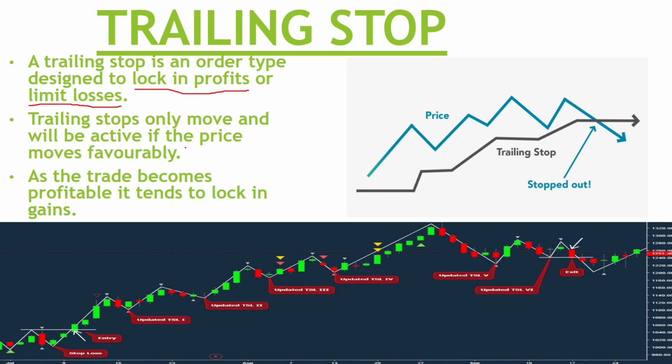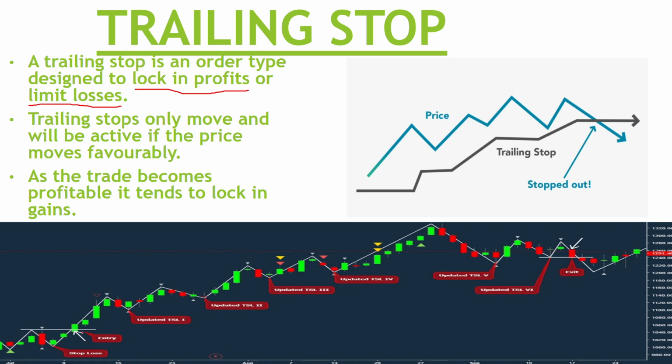It only moves and it will be activated if the price moves favorably. So if the price moves in your favor, the trailing stop will be activated. As the trade becomes profitable, it tends to lock in profit and to lock in gains. So your trailing stop will be activated and will be locking in gains. You can see it here on this diagram. So this is your stop loss level. The trade broke this significant level. You're like, okay, no, the trade is not coming back. Then you put your stop loss here